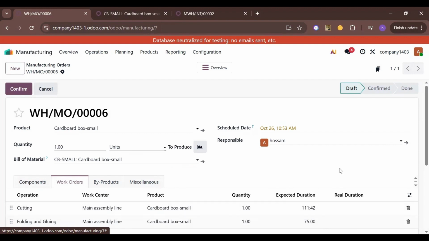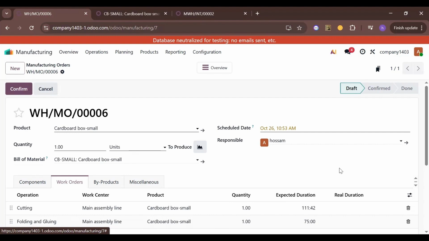By the way, this point might be very important. Actually, it has 2 purposes. Purpose number 1, to calculate the expected duration, and then at the end of some production orders, at the end of a specific period, you're going to compare the expected durations versus the actual duration. This comparison can give you a lot of insights, a lot of analysis. Okay, you may find that you need to improve something in the production process because the actual duration is far from the expected duration. So it will give you a lot of insights.